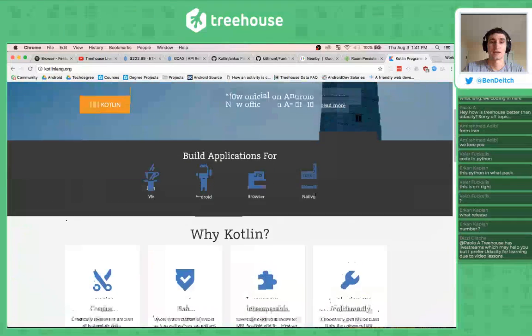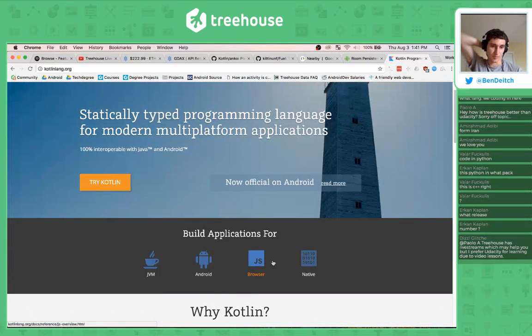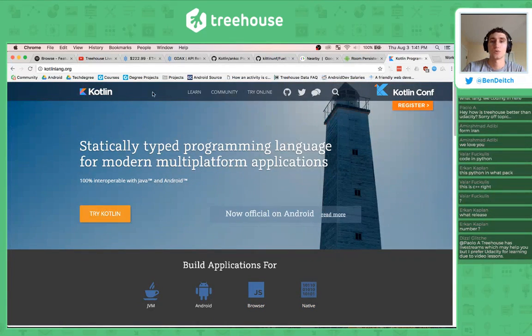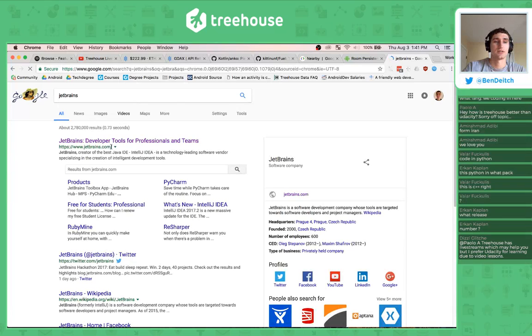But not only that, it can also compile to JavaScript, and they have a native version as well. And one of the reasons that it's so cool is that the people behind Kotlin are JetBrains. JetBrains is the company that makes IntelliJ IDEA, which is the Java IDE we use at Treehouse,